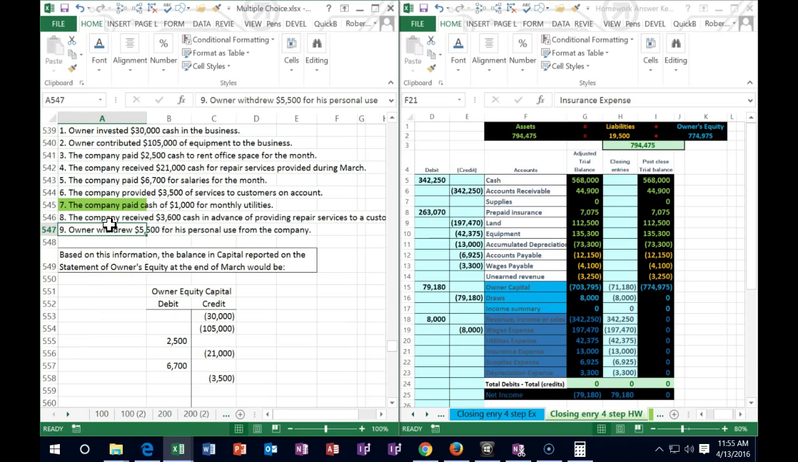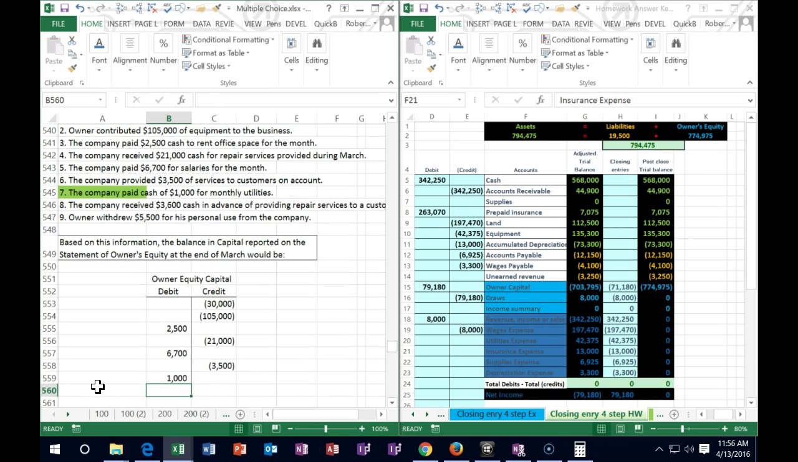The company paid cash of $1,000 for monthly utilities. So is cash affected? Yeah, it's going down. We're going to credit cash and we're going to debit what? Utilities expense. That's an expense. It's going to be debited, and therefore we're going to ultimately debit, in this case, the equity section being for